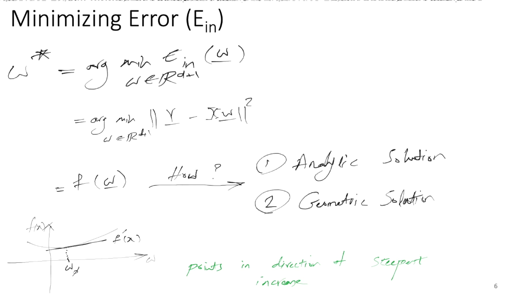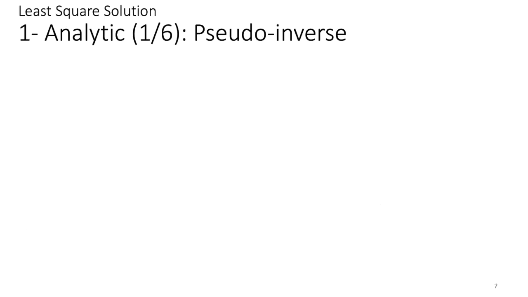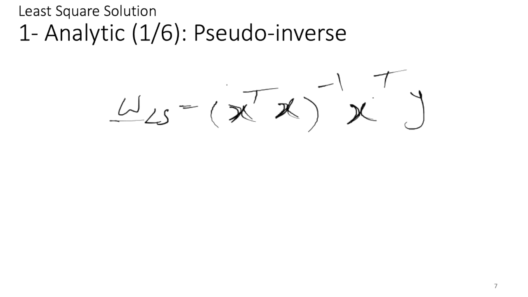All right, now let's start with the first method. If you didn't write the convex property, I'll describe it in a few slides, no worries. So let's talk about the first solution, the analytical solution. If you solve this analytic solution for the linear regression, you end up with a function